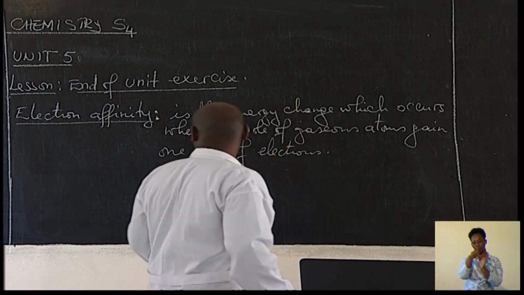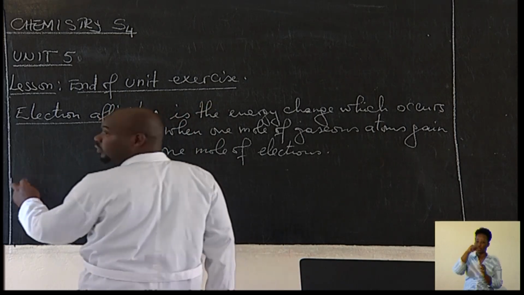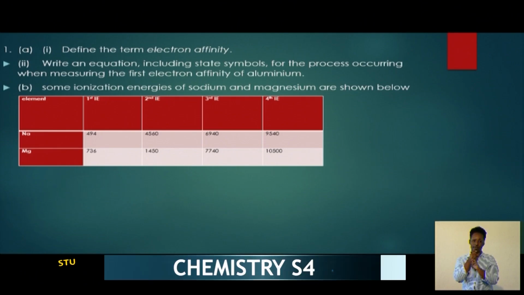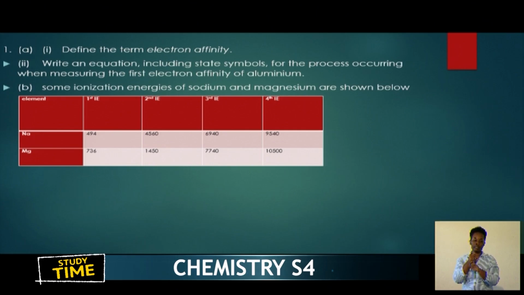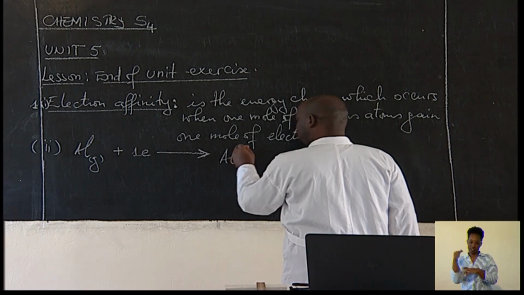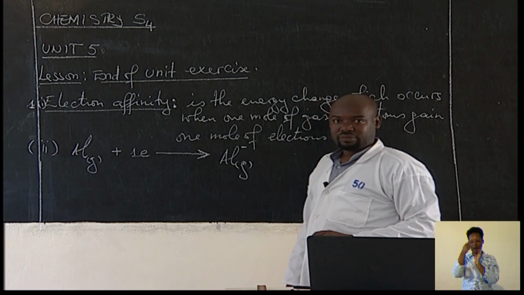Good. So the equation is we have aluminium, which must be in the gaseous state, plus 1 electron. Remember, the electron affinity is the energy change when an atom gains. So it is gaining 1 electron, and we get aluminium gaseous negative, 1 negative. That is the equation